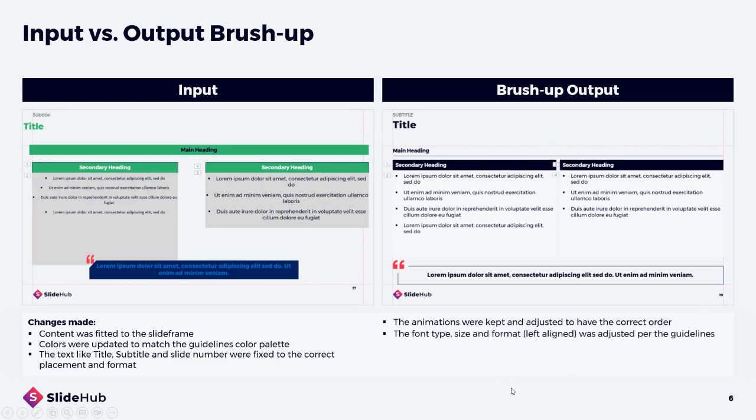The font type, size, and format was also fixed per the guidelines. So you can see here the text was center aligned and now it's all left aligned. Then the box's style was also changed to match the client guidelines. So you can see the main heading is now line heading and the secondary heading is box heading, whereas here